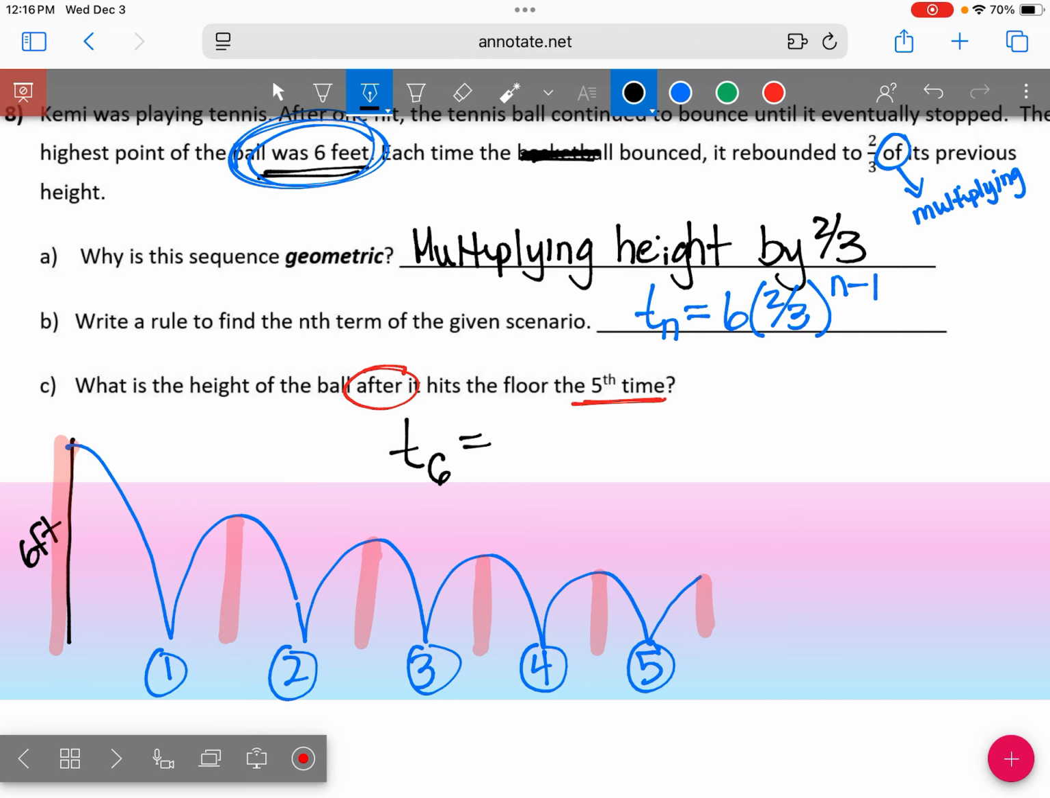This is my little diagram. Start off at 6 feet, hits the ground, and the next height is T2. Then it hits the ground. This height would be T3. This height is T4, okay? So after means